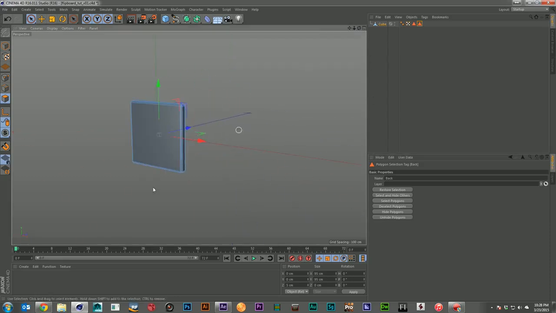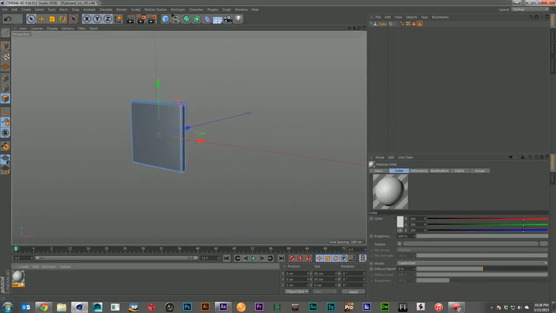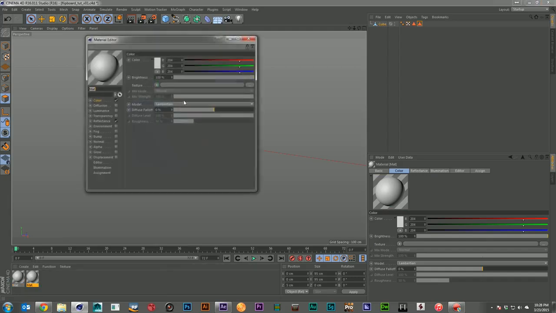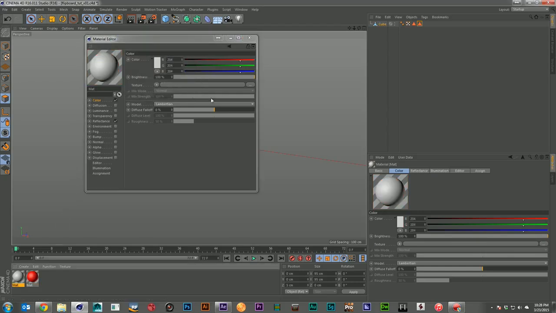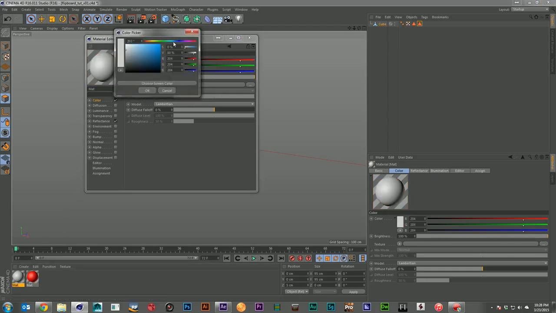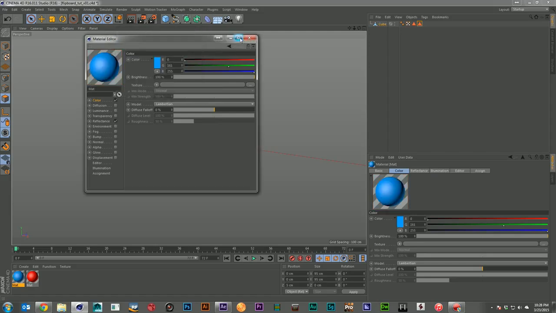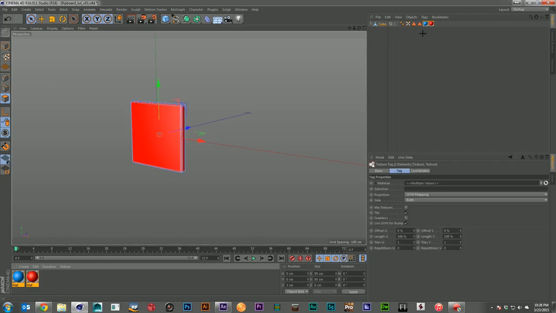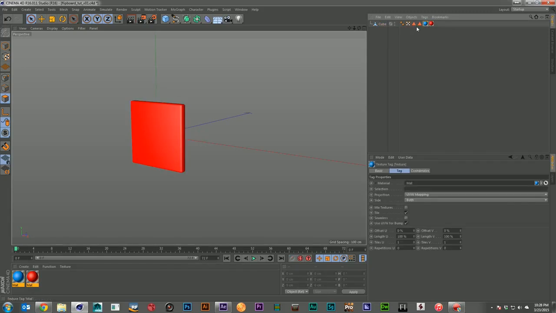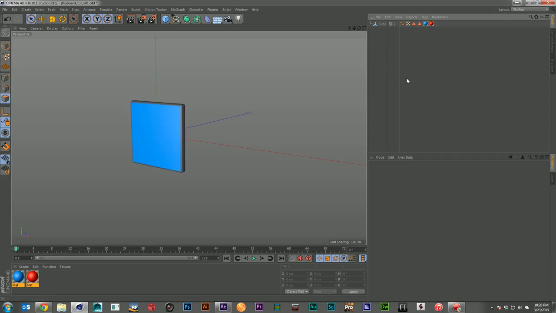There we go. And I'm going to create 2 new materials. The first one I'll just color pretty straight red. And the second one we'll go with a blue, just so there's a nice difference between the 2 of them. I'm going to drop those materials onto my cube, and I'll go ahead and make the blue my front and the red my back. So once we've got it flipping around, you'll be able to see very easily which side we're on.